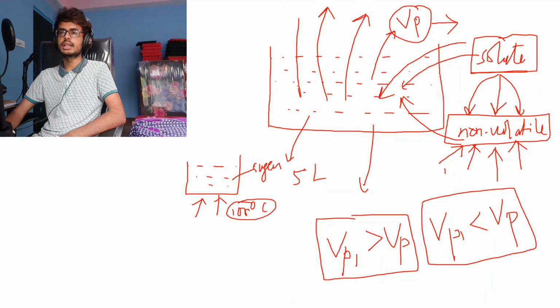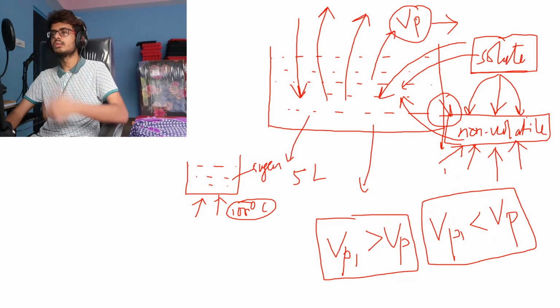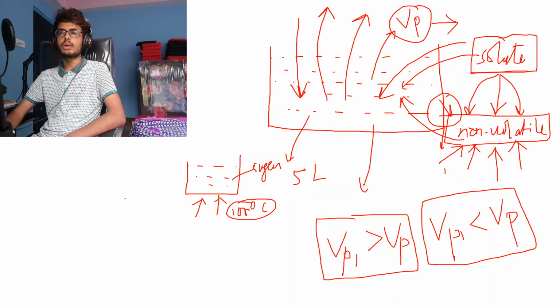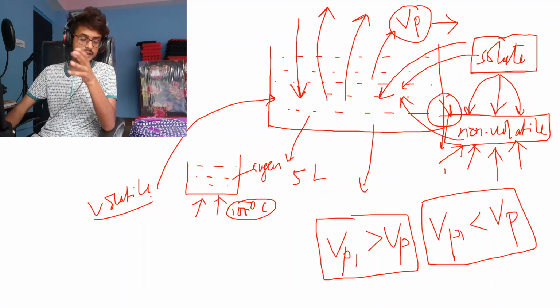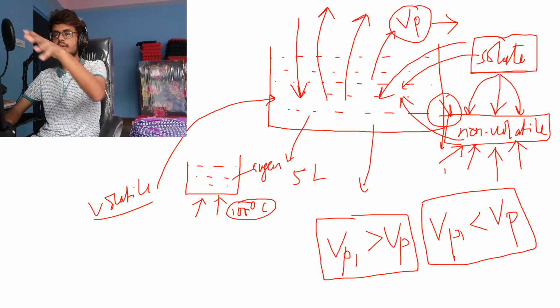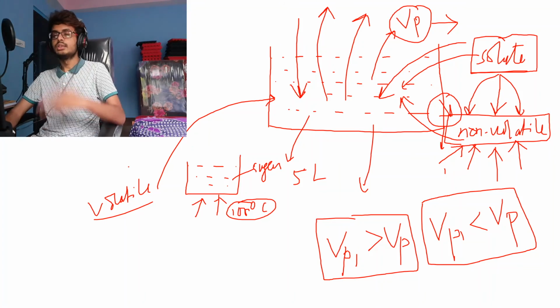This vapor pressure decreases because the ability to vaporize will be restricted by the non-volatile solute, right? So this is basically what happens when you add a non-volatile solute. If you go for the opposite case and add a volatile solute to the solvent, a solute which is readily changing its state, turning from liquid to gas in no time.